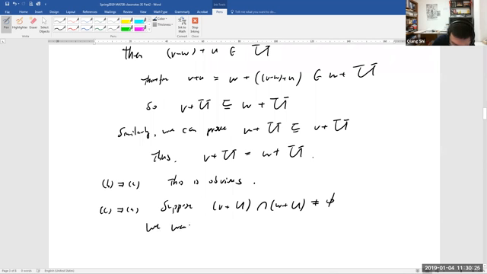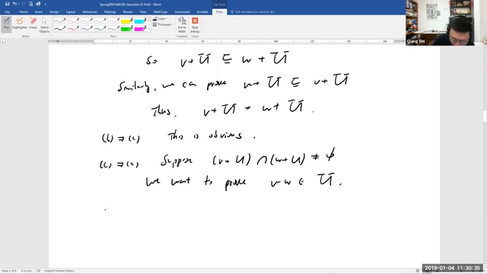We want to prove that V minus W is in U here. So by our assumption, this intersection is not empty, right? Well, not empty means you can find a common element belonging to the V plus capital U and also to the W plus capital U, right? So if there is a common element from both subsets here, then that means there exists